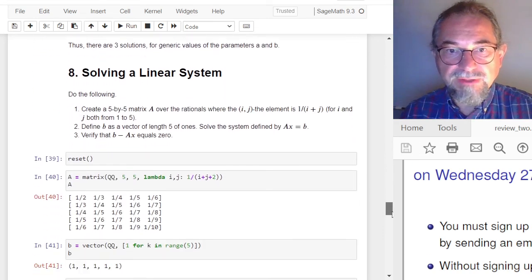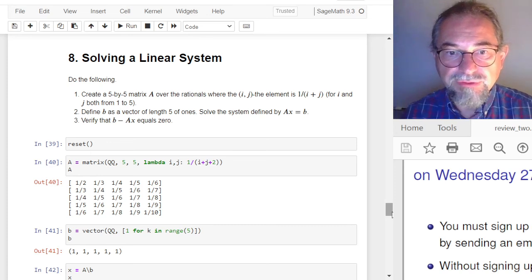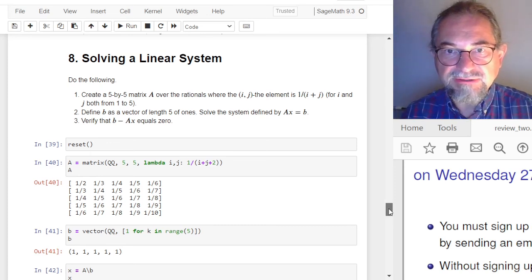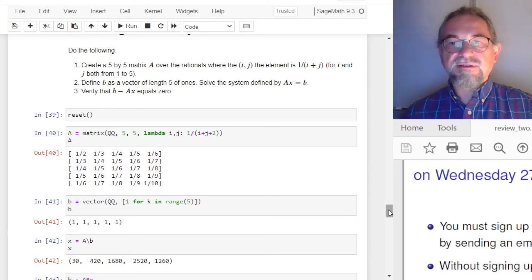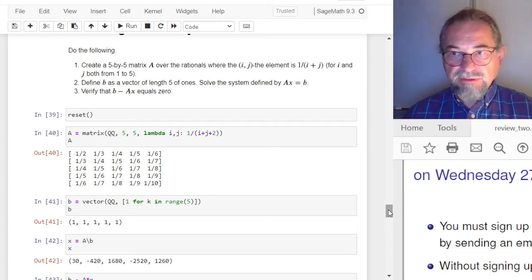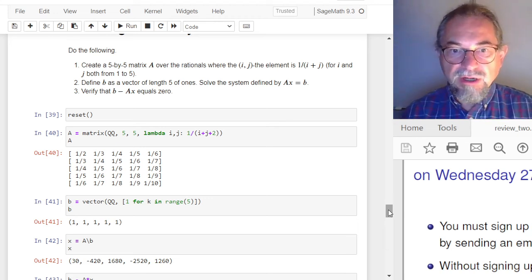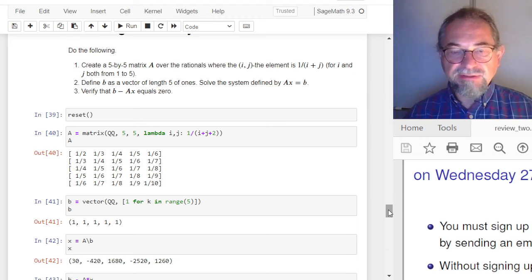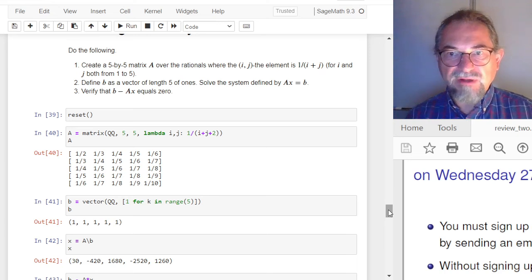Alright, solving a linear system, if you ever have to do this, use the backslash. That's actually the thing that I'm after here. We've had an extensive lecture on linear algebra with the matrix forms. The essence here is how you can solve systems rather quickly. And we define this as the Hilbert